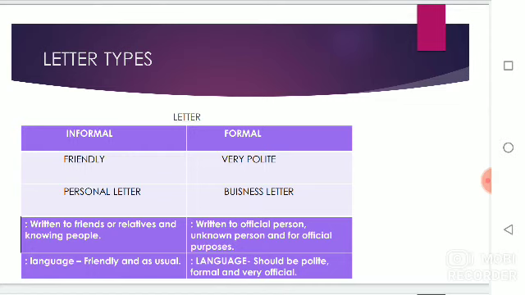Suppose you go to a police station and talk to the sub inspector. How do you talk? You talk in a very polite way. You use very official languages. You cannot use any normal languages before him, because he is sitting in an authority.